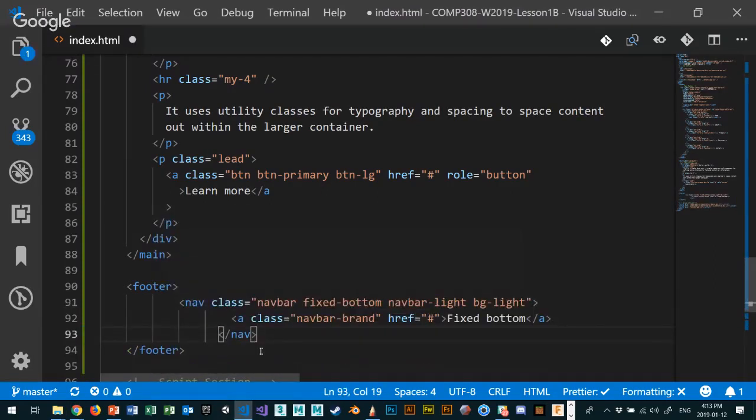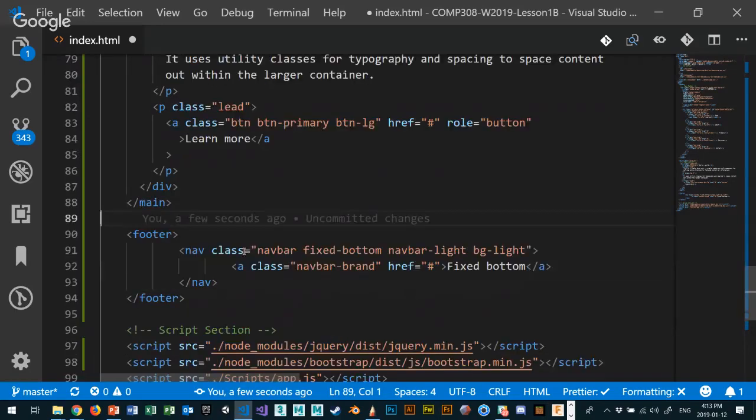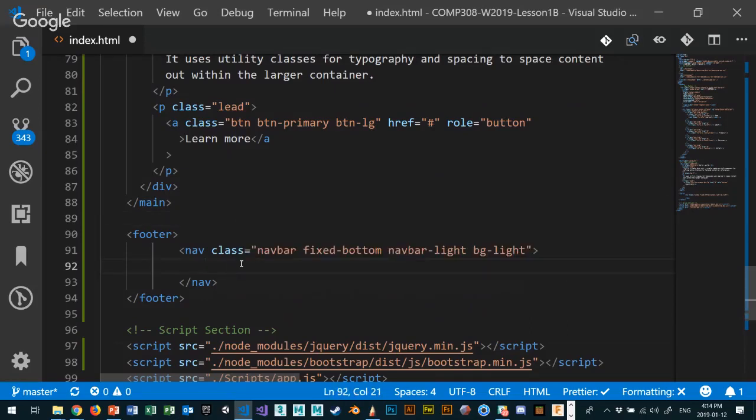My footer right now doesn't have a class to it. It's just semantically correct. So it's in the footer portion of my web page. I have my class, navbar, fixed bottom, navbar light, background light. So it's a lighter navbar. And I can put whatever I want in here. Instead of fixed bottom for my class, let's just get rid of this. What I want to put is something like, I don't know, maybe I'll use an H4 tag. And in my H4 tag, I'll say,